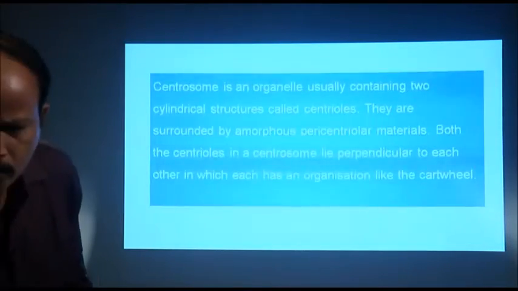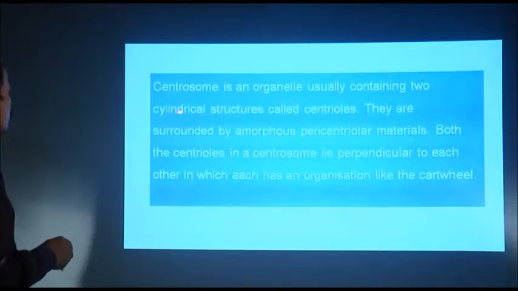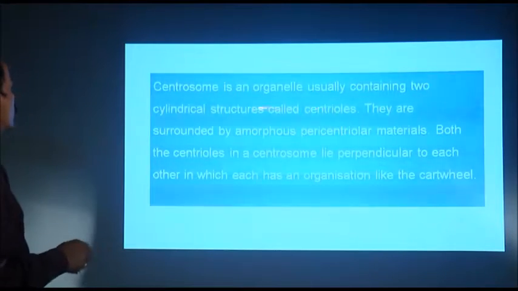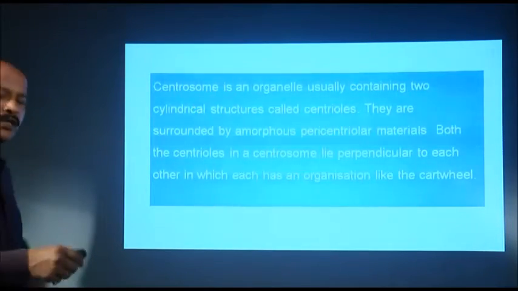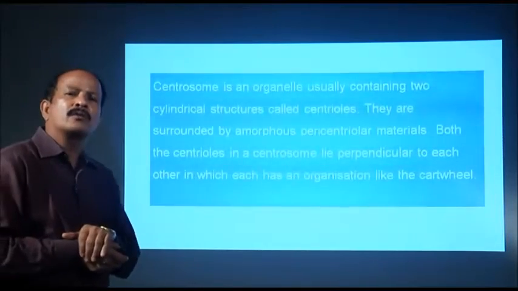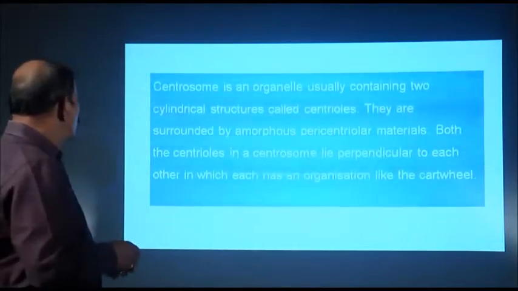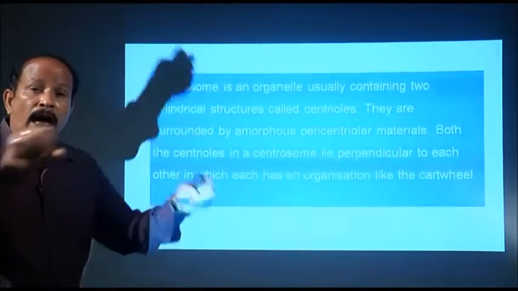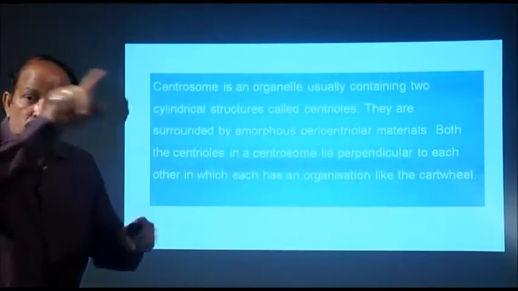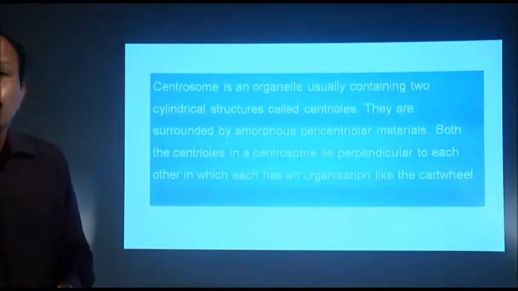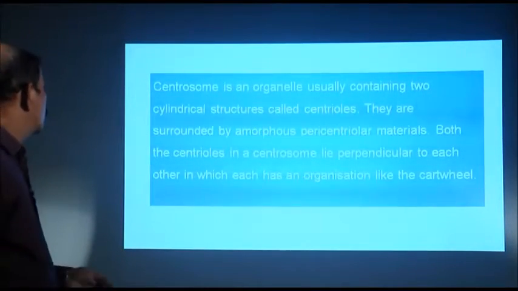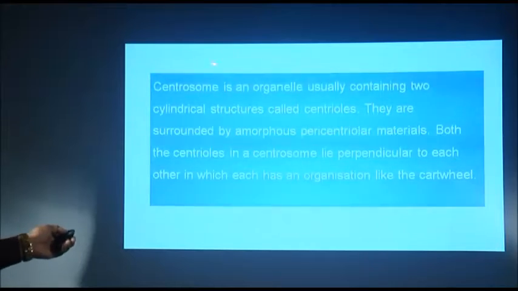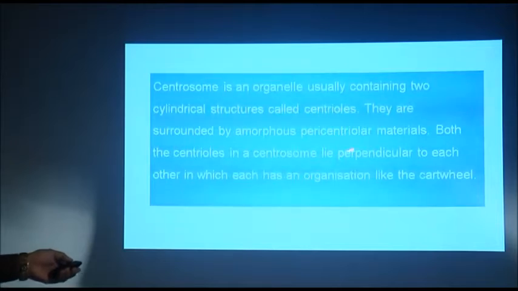Let me come to this. So, then centrosome is unique to animal cells. Centrosome, cell center, it is present near to the nucleus in animal cells. So, a centrosome comprises of two centrioles, cartwheel like structures and surrounded by amorphous proteins. That constitute the centrosome. Centrosome is unique to animal cells, okay, and present near to the nucleus.